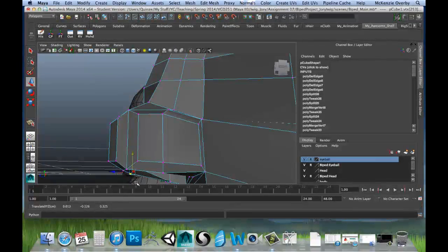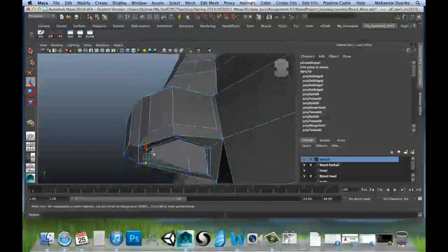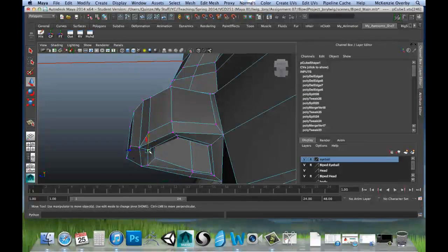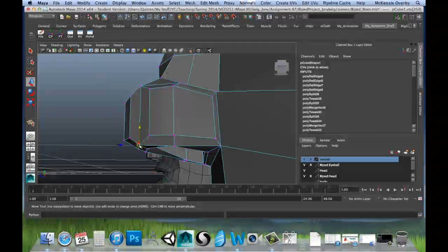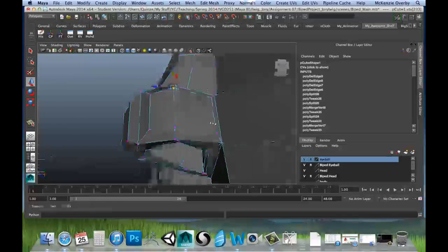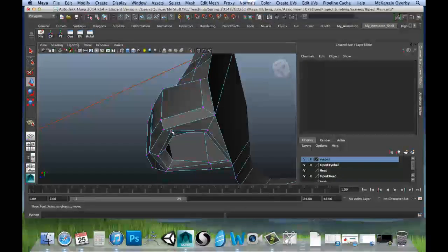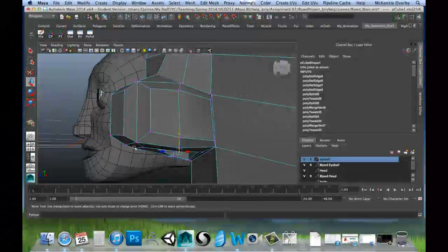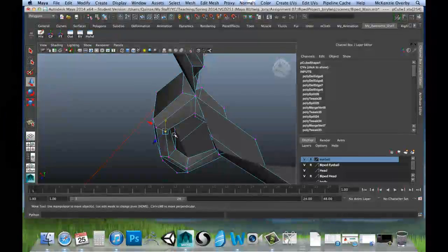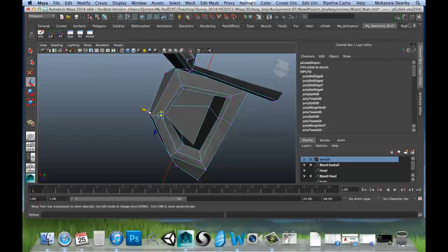Like, now I have the basic setup of a nose, but I also have to come in here and start pushing and pulling these vertices around to really help shape that nose the way I want it to look. So you'll have to come in here and really deal with this kind of stuff, like rounding out the bottom of the nostril, for example, and giving that a nice round shape,